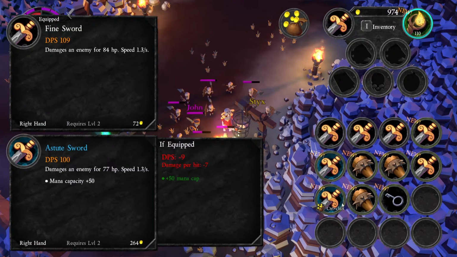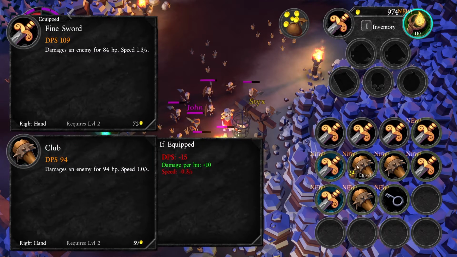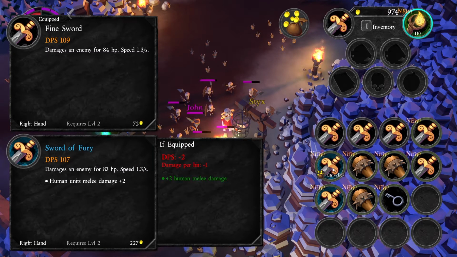You can carry 16 items beyond what you have equipped, and aside from your weapon, staff, and rings, you can also equip a book, an amulet, and a skull. These 3 slots offer passive bonuses to you or your troops. When the inventory is open, there is also a quick sale button that allows you to quickly change out unneeded